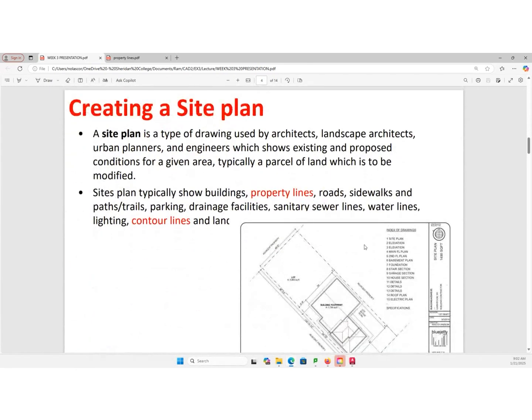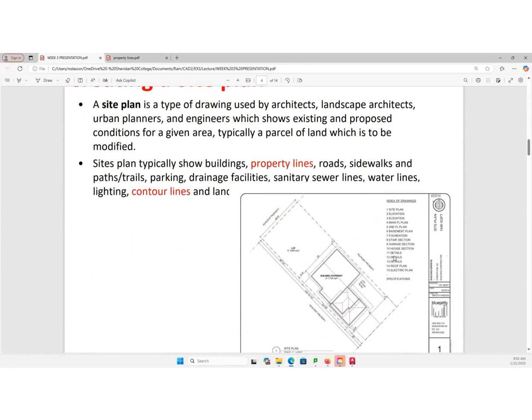Okay, so when you're creating a site plan, you normally have property lines. Property lines is what an owner owns, and you normally represent that using short dash, long dash. You normally have contour lines. Contour lines is the slope of the ground or the site, and then you'll have legends and so on and so forth. Okay, parking, drainage.